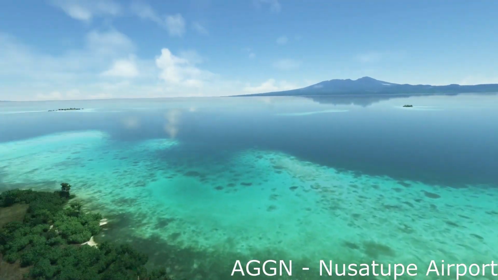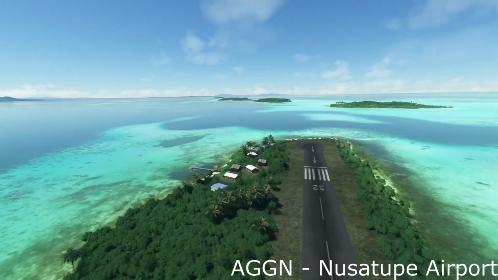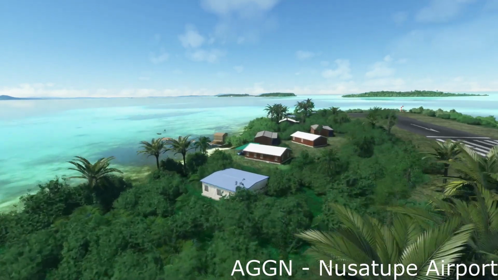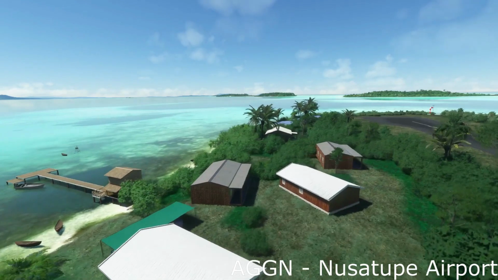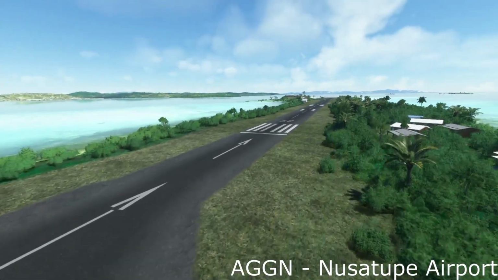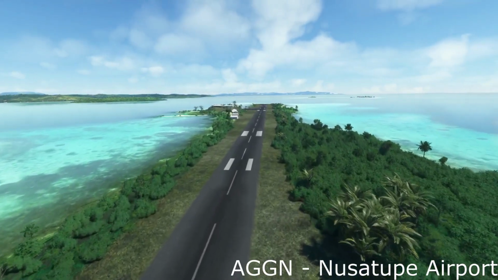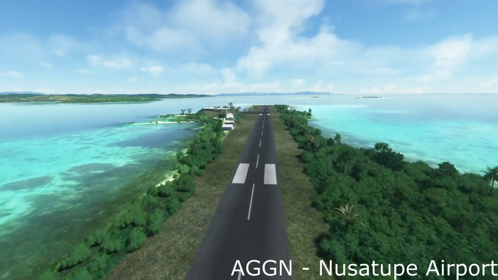And the runway spans the island, as we can see. Obviously, you do not want to fall into the ocean if you miss, if you overrun. But some more buildings here, beautiful boats, some houses. Come over here, there's a windsock, turnaround point, a little threshold, and some beautiful foliage. This airport is served by twin otters,